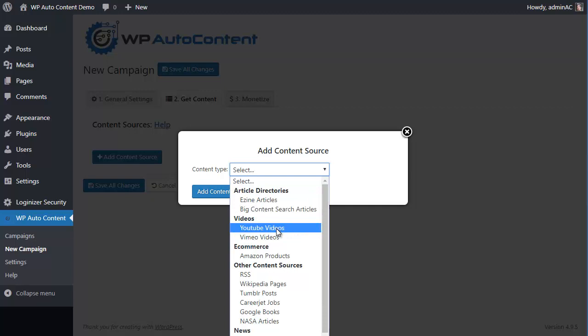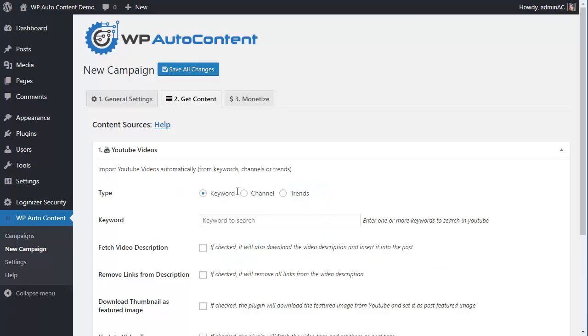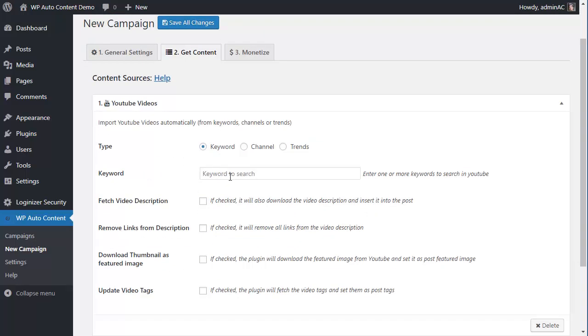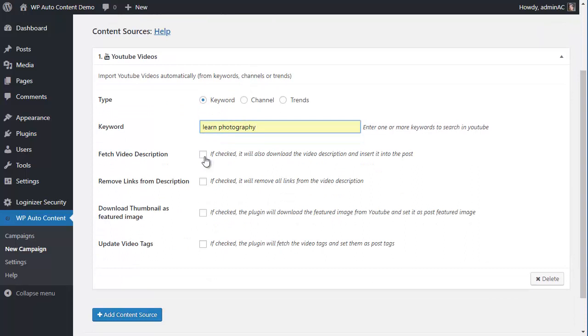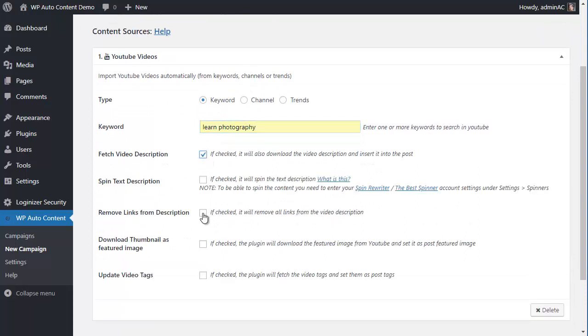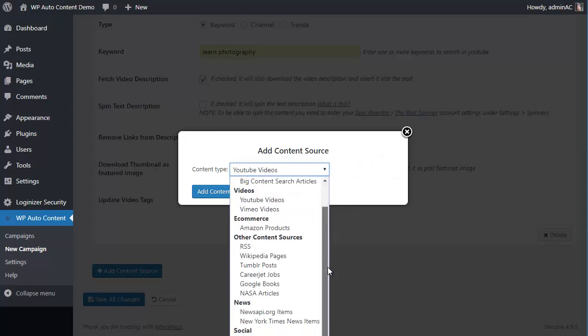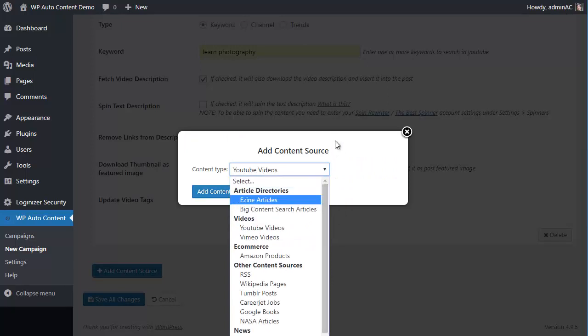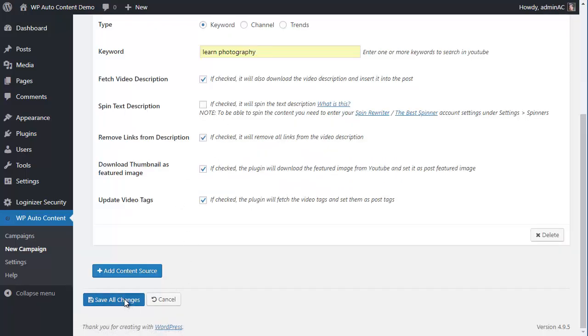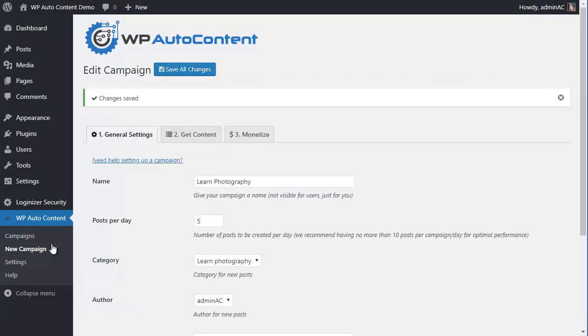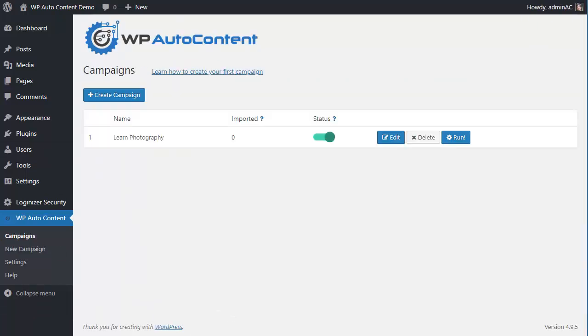In this case, we're going to import YouTube videos, content source, and we're going to search, let's say, learn photography as a keyword in YouTube. All right. So we said fetch with description, we're going to remove the links, we're going to download thumbnail, and add the tags. So yes, you can also add more content sources for the campaign if you want. You have a long list here of sources to choose from, but in this case, we're just going to use YouTube. And click on Save All Changes,